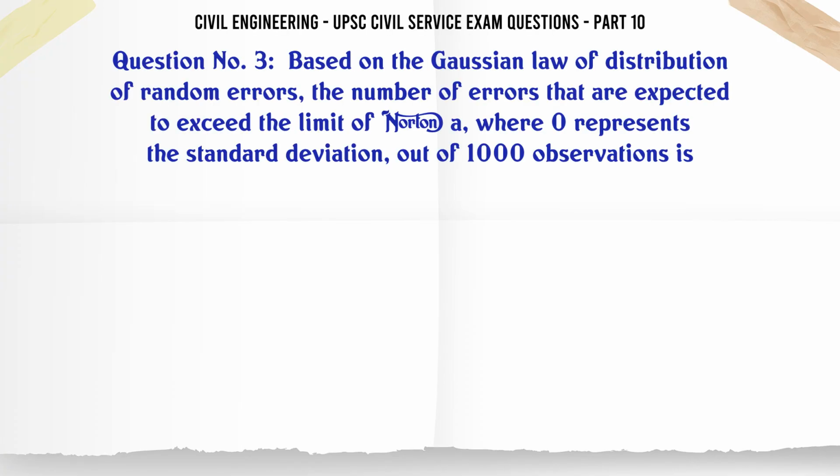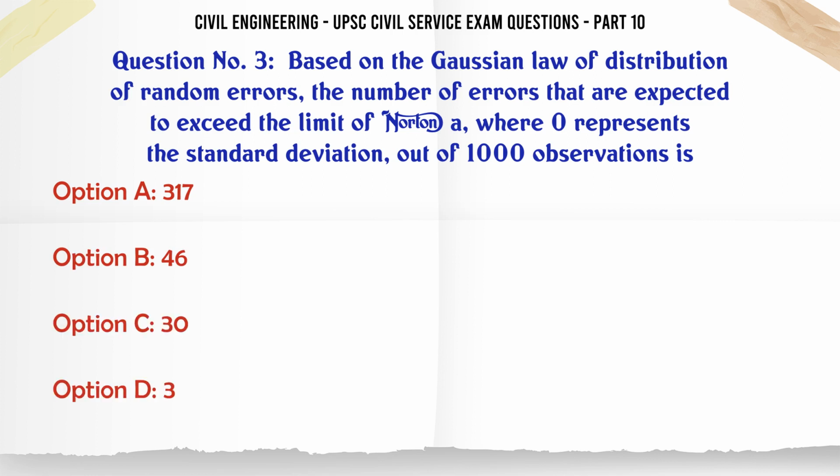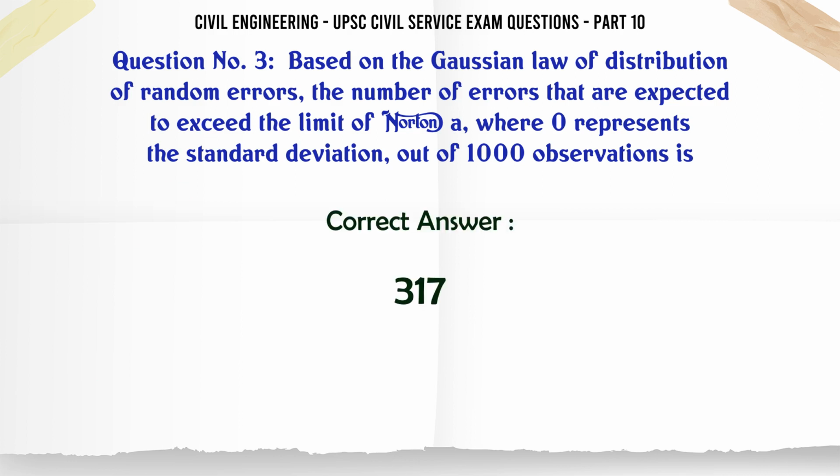35750. Based on the Gaussian law of distribution of random errors, the number of errors that are expected to exceed the limit of a, where σ represents the standard deviation, out of 1000 observations is A. 317, B. 46, C. 30, D. 3. The correct answer is